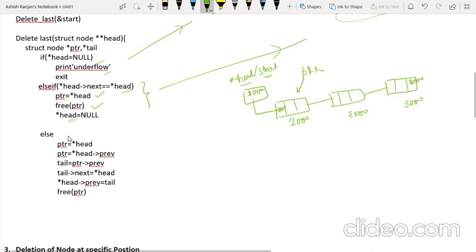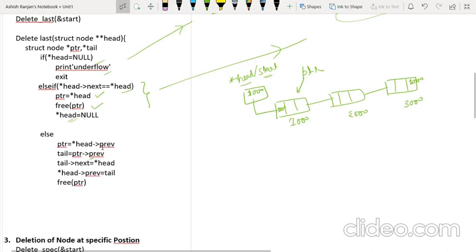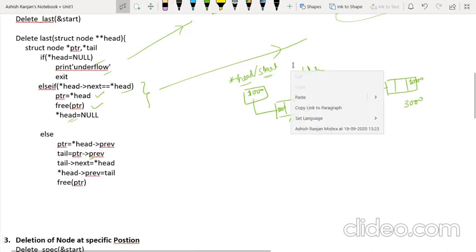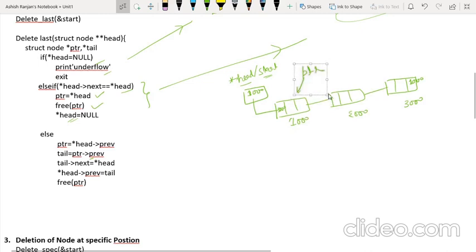Now head ka prev, sorry, no, this will not be here. We have to delete at the last. So PTR is not pointing to this node. Let me remove it.